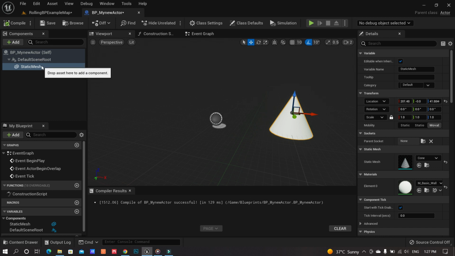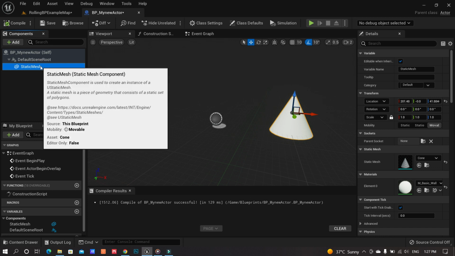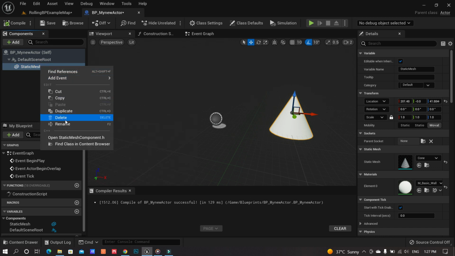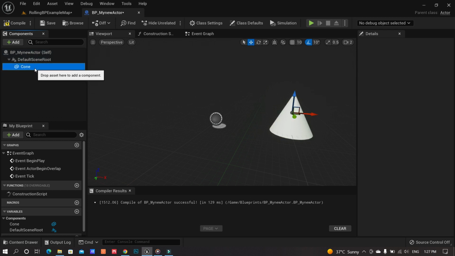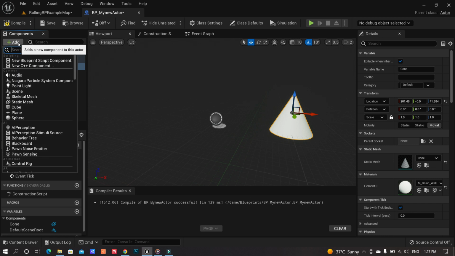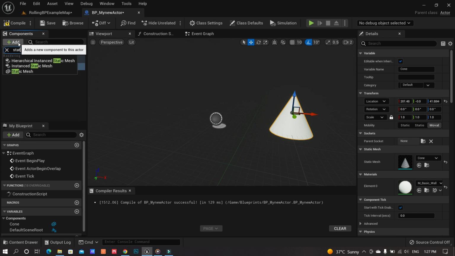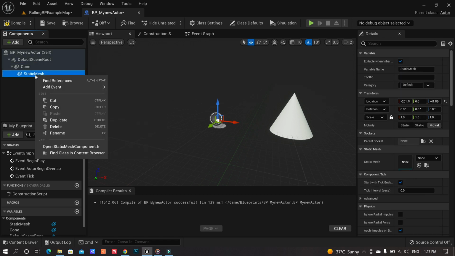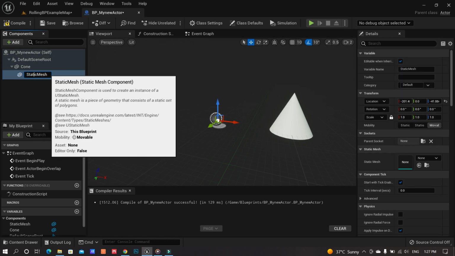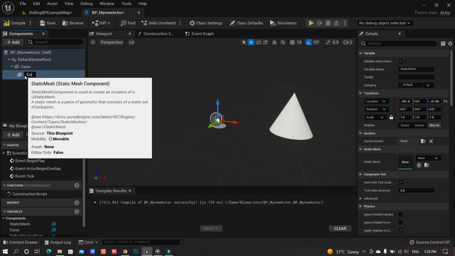Let's click on this once, or you can even right click and rename, and for simplicity we call it cone. Now let's add another component, a static mesh again, and this time we call it cube.